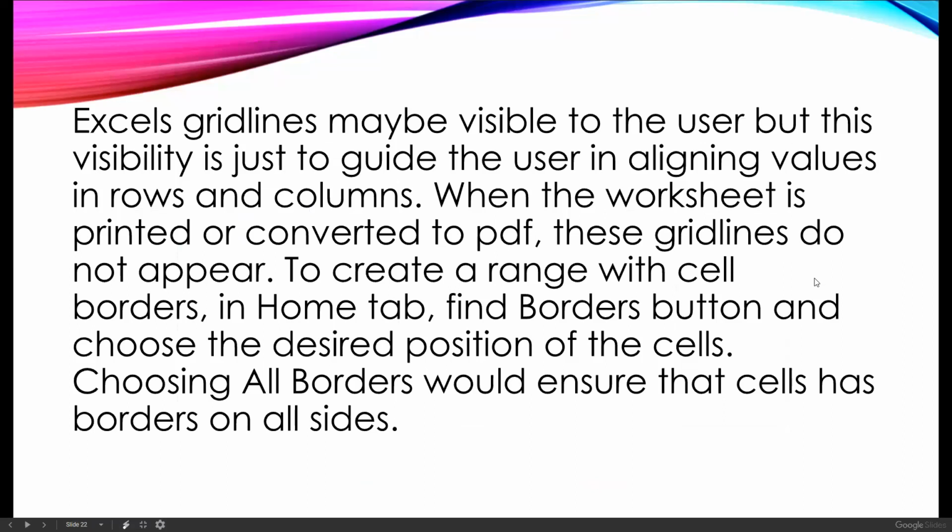Excel's grid lines may be visible to the user, but this visibility is just to guide the user in aligning values in rows and columns. When the worksheet is printed or converted into PDF, these grid lines do not appear. To create a range with cell borders, in the Home tab, find the Borders button and choose the desired position of the cells. Choosing All Borders would ensure that cells have borders on all sides. Like for example,